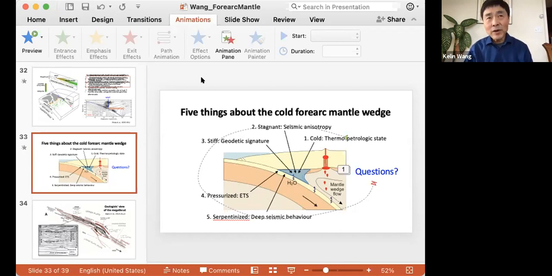But if the trench does not move, but the slab becomes steeper or shallower, certainly that'll change things. If for some reason the shallow part of the slab becomes a lot steeper and the trench position does not change, then you open up some space, and you expect hot material to fill it, and that can cause changes. But I don't know how likely that can be. Interesting one.